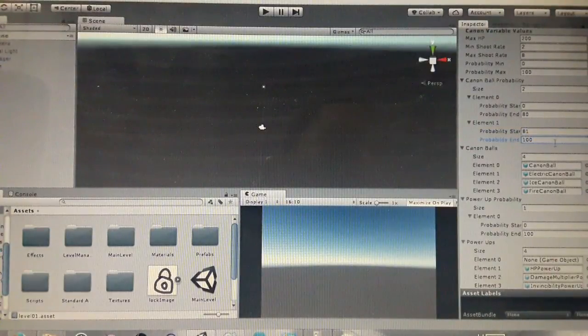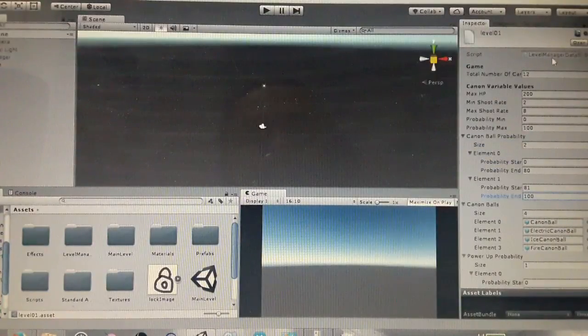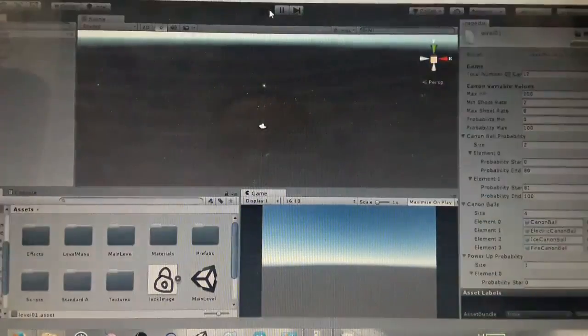So what's going to happen now is every time a random number is generated, the code is going to check if that random number is between 0 and 80, or is it between 81 and 100. I'm not doing these checks manually. This is all happening in a for loop, so I don't actually have to manually enter these numbers in the if condition. Is this for level 1? I think so. Yeah. So now when I run the game,